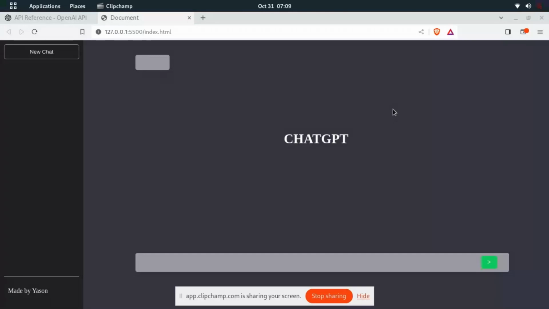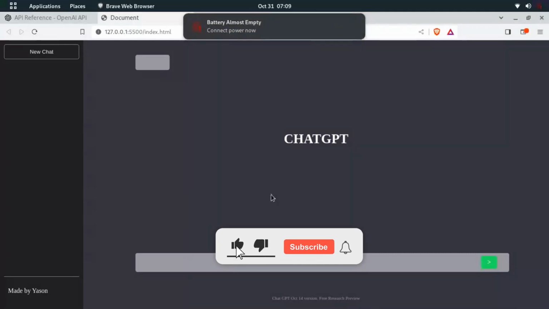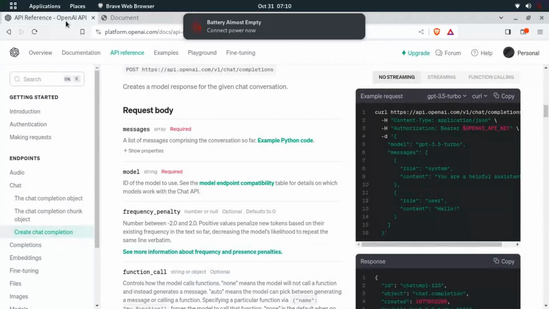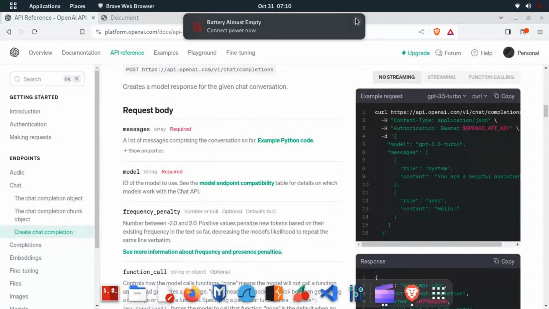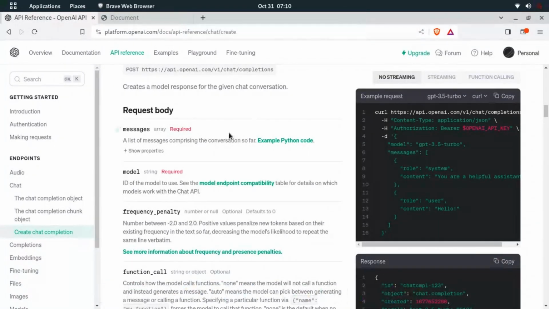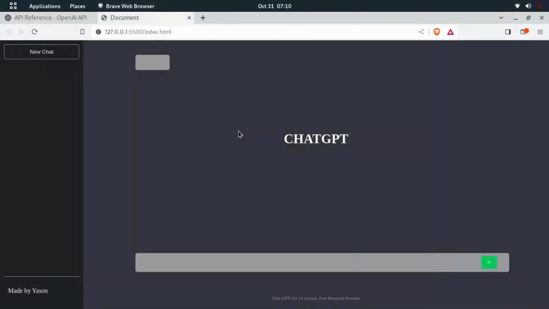So in this tutorial today we are going to learn how to build ChatGPT using HTML, CSS and JavaScript only. As you can see here in this video, we are going to learn how to work with OpenAI APIs, and then we are going to integrate it in our HTML and CSS website to build something amazing